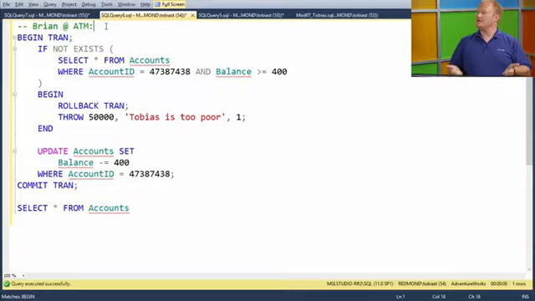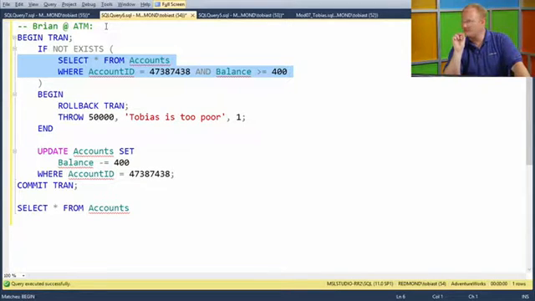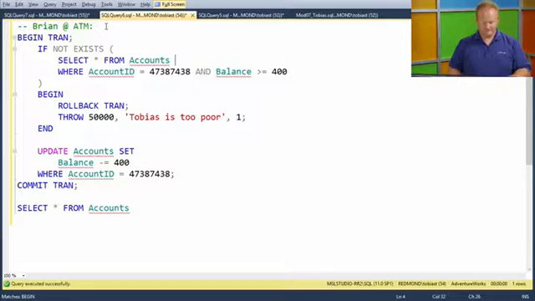So let's look at V3 of the banking app. So now what it's really about is I want, when the select happens, I want it to keep the lock on the row. That is the problem that we're seeing, right? Because the check doesn't keep the lock on the row, the update can succeed. So I'll say, what I want is obviously Brian's, or whatever transaction comes in second, wants it to queue already up in the select. So I'll say with